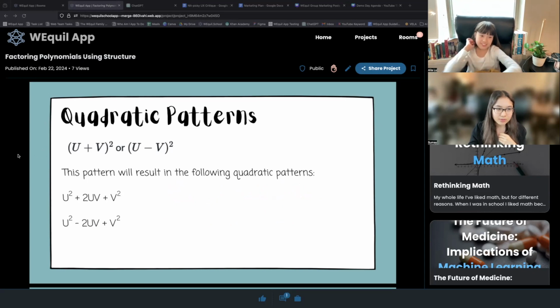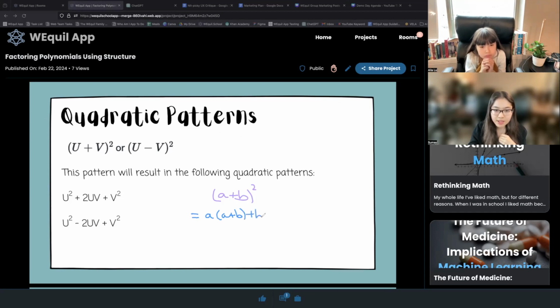I'll use (a plus b) squared, which can be represented as a times (a plus b), which is distributing a into both a and b, and then b times (a plus b), which is then distributing b into both a and b, which we need to do if we're squaring these, right? So if we do this, then we get a times a, which equals a squared,